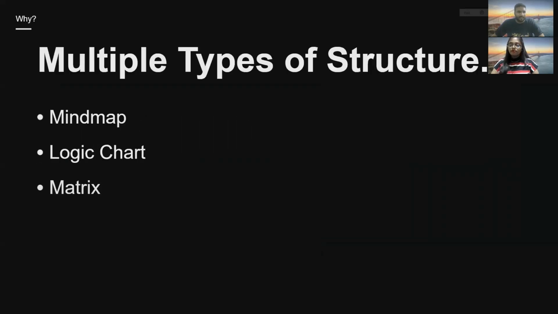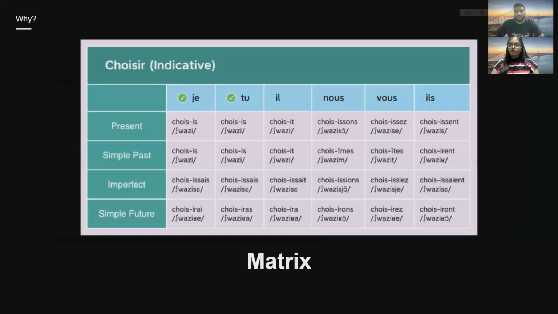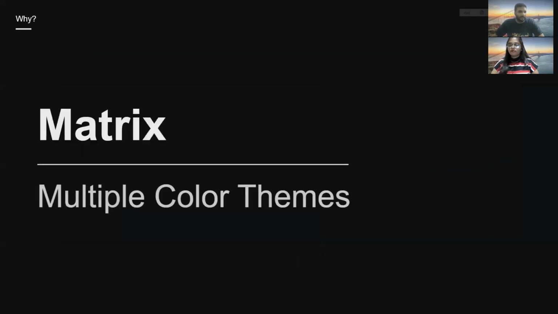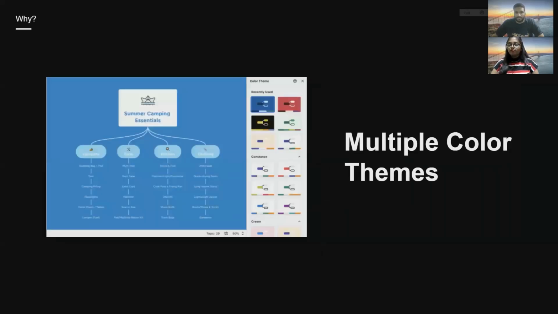And the next popular format is the matrix, which is very close to how people who work on Excel work. This looks very similar to that, but with more additional and advanced features and capabilities. So that's also awesome. And you get multiple color themes, as you see on this image on the right side. There are different color themes and palettes which you can select and design your mind map with.